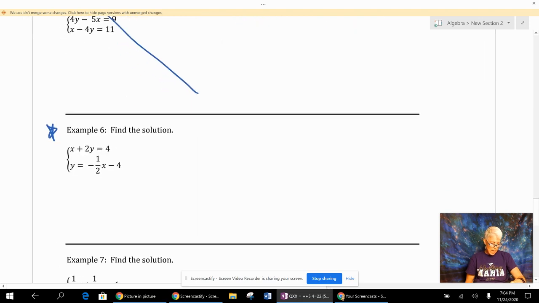Okay, looking at number 6, there's something special about this. Oh, I remember now. I'm going to get that X. Actually, we have the Y by itself. So I'm going to take this whole thing and substitute it in right there. That might get ugly, but let's see what happens. X plus 2, and instead of Y, I have this entire expression here